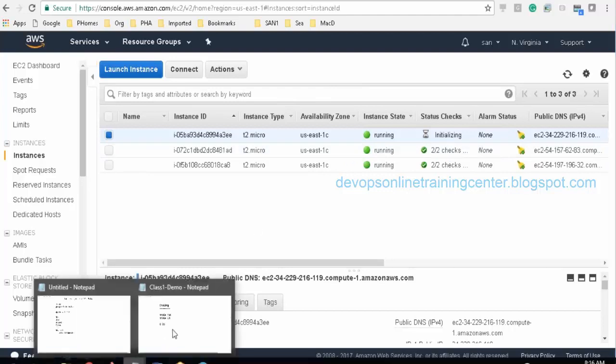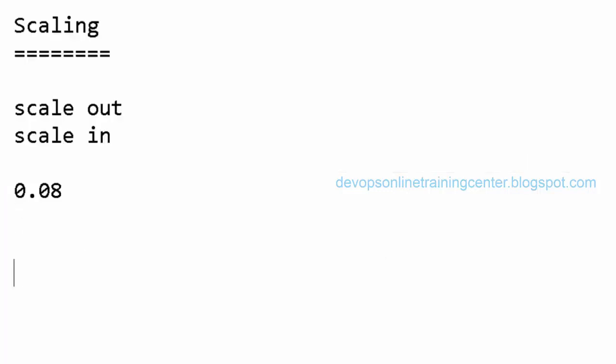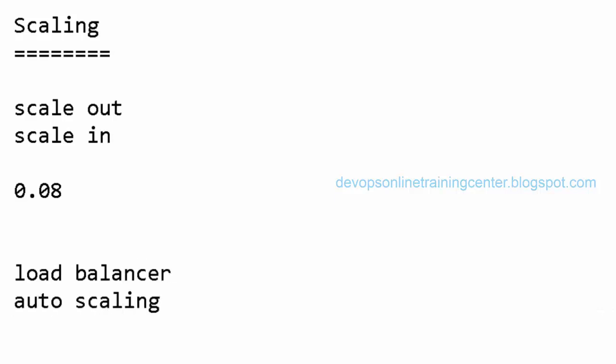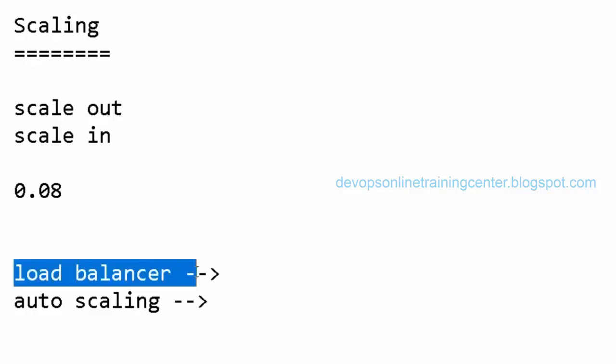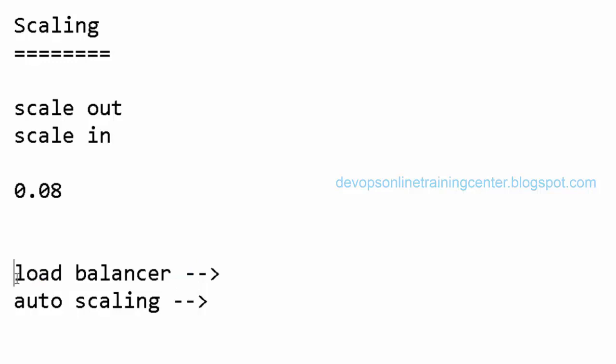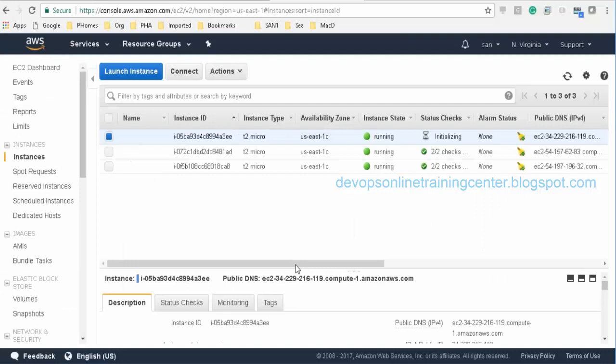Yesterday we started auto scaling first, then we created the load balancer. Today we started the load balancer first, then we configured auto scaling. The load balancer is detecting healthy and unhealthy instances, changing the status to in service and out of service based on the health checks. Now we have also added the auto scaling group to the load balancer. So load will be redirected to instances properly based on the round robin algorithm, and if the CPU utilization goes beyond 0.08%, the auto scaling group will start instances automatically, one at a time.